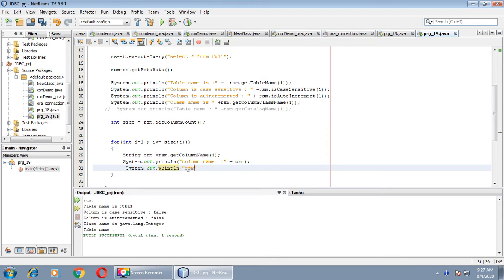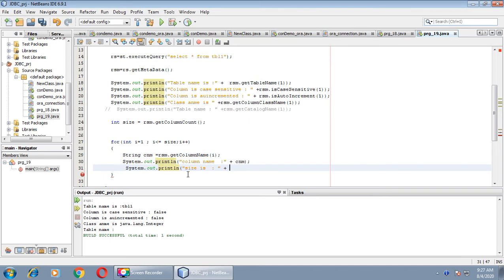First we will give an appropriate message, that is, size is. You can print the detail on the same line by just calling the print method. No need to give ln.